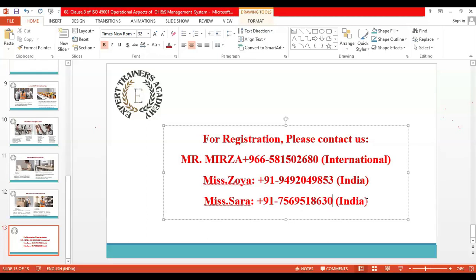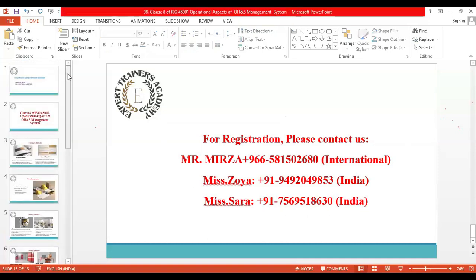Third one is terms and definitions, which we have seen. And the fourth one is context of the organization, which has 4 subdivisions. And then the fifth one is leadership and worker participation, which has 4 subdivisions as well. And the sixth one is planning, that has 2 subdivisions and also has subparts. And the seventh one, support, that has 5 subdivisions.